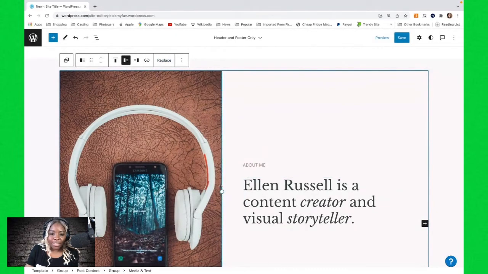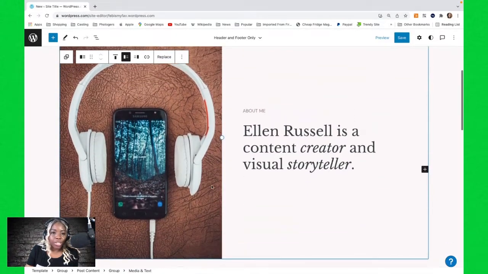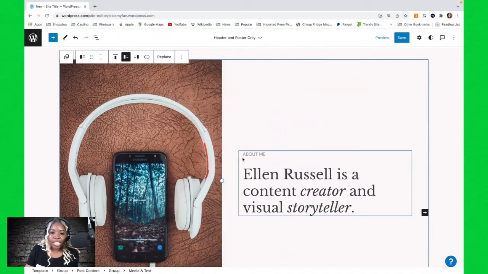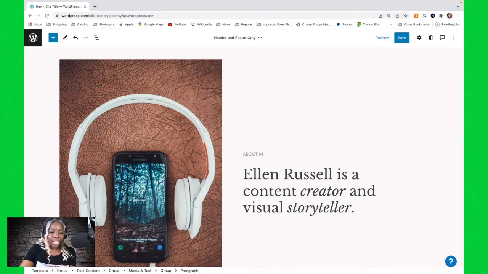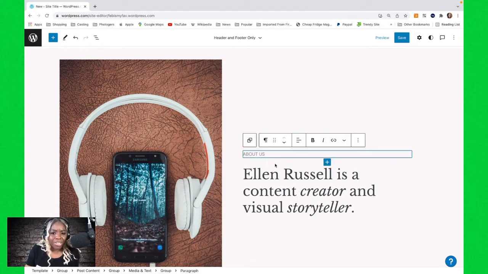Yeah, baby. So already I have a new look to my website and it says About Me. Now I can change this wording to not say About Me, but I'm going to leave it for now. But as you can see, wherever I click my cursor and it blinks, that means I can change the text. So I can say About Us